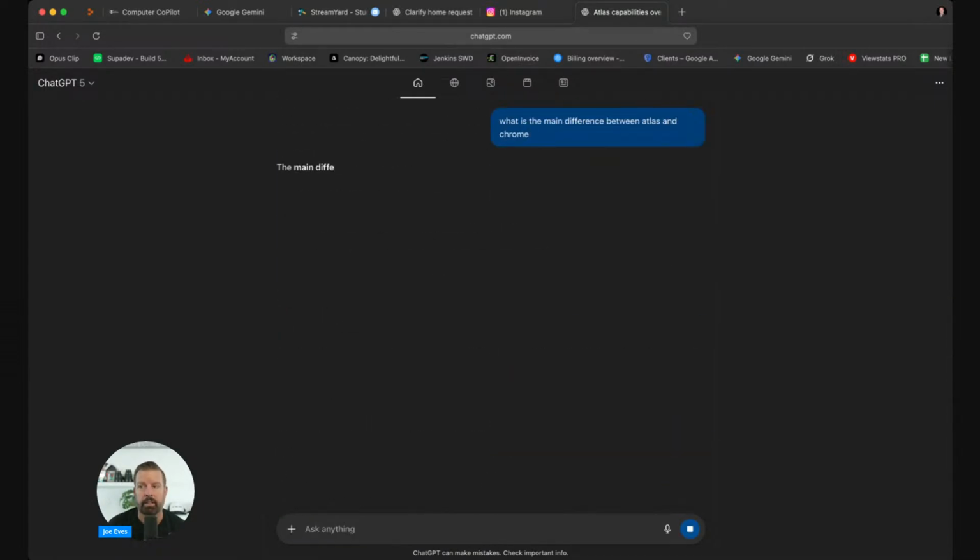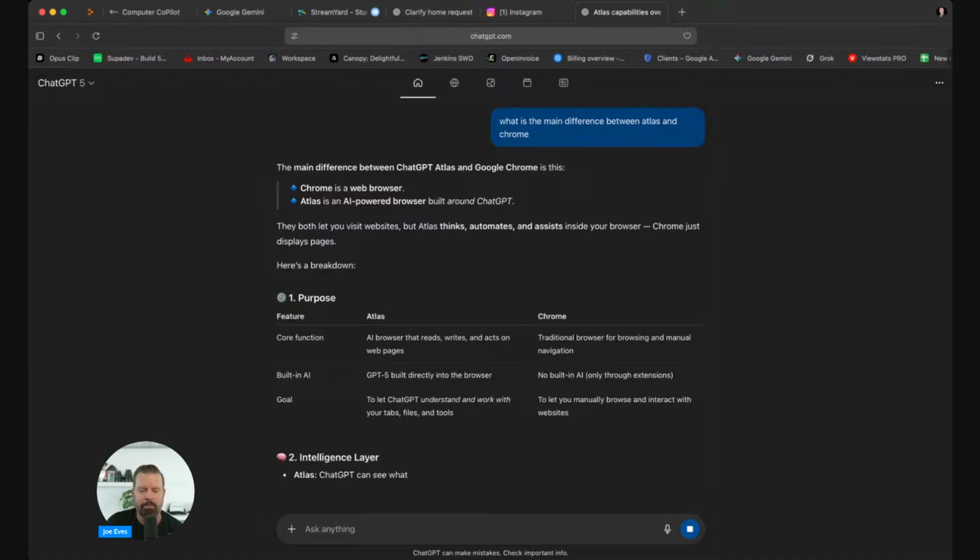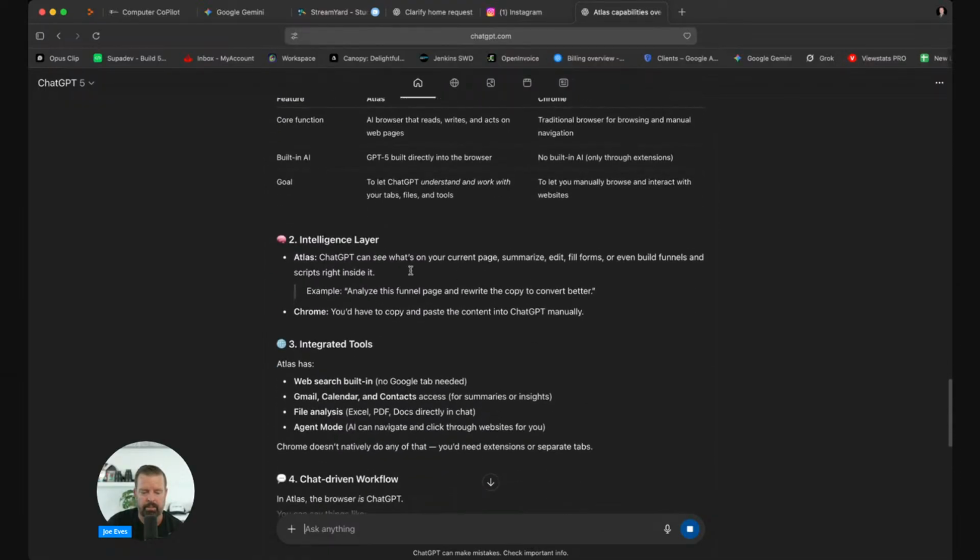So let's see what it says. And maybe this is biased because I'm using it. So it says Chrome is a web browser. Atlas is an AI-powered browser built around ChatGPT. They both let you visit websites, but Atlas thinks, automates, and assists inside your browser. Chrome just displays pages. Okay. So that's